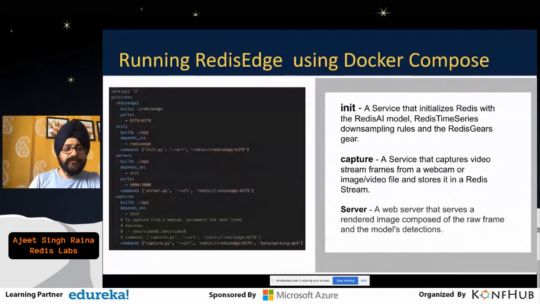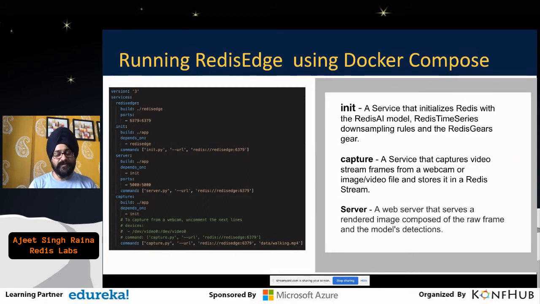Now, to give you a glimpse, this is how the Docker Compose file looks. There are a bunch of services like init, capture, and server. Init is a service which initializes Redis with the RedisAI model, and that is where you see a Python script which runs as a service.